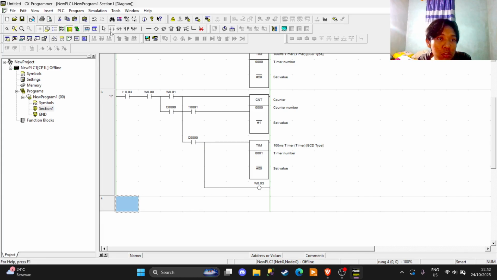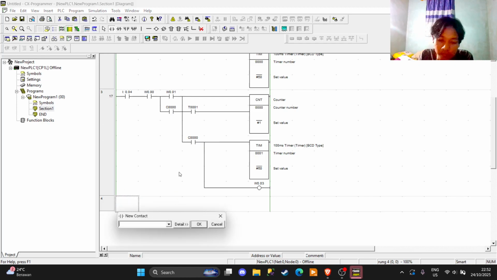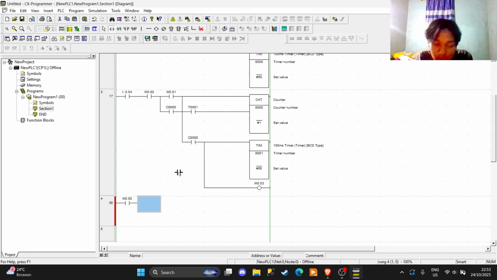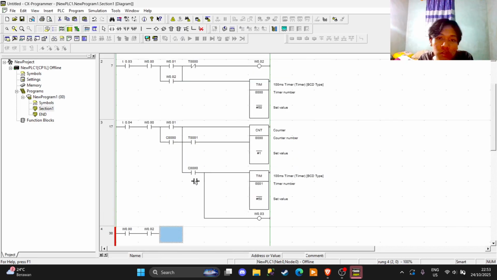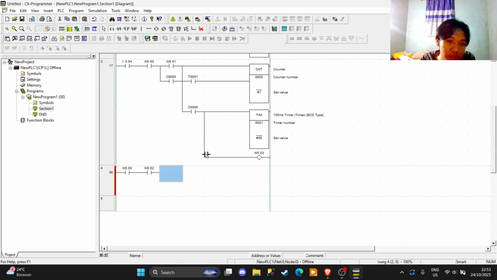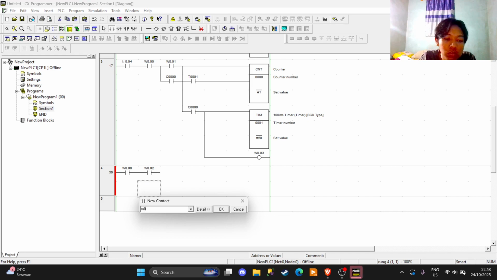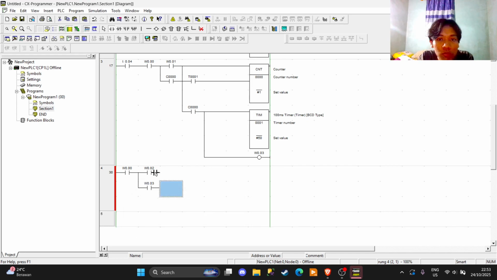First thing we do is the NO W00 from the interlocking system, and then W002 for the timer output, and then W003 from the output of the counter and the timer.